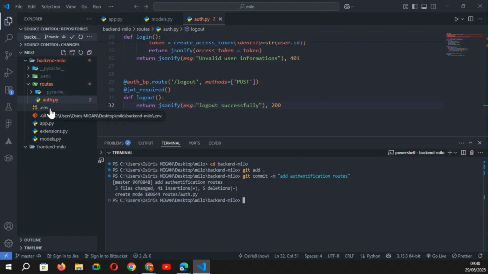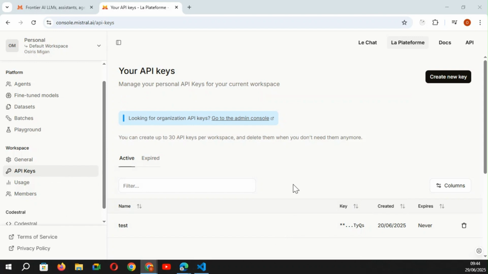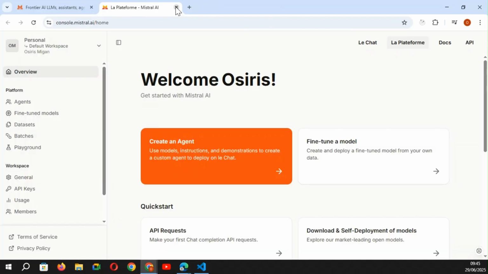file, your environment variable file. You can pass directly your Mistral API key from Mistral AI, just for example, and I can save. So after you have your Mistral API key,